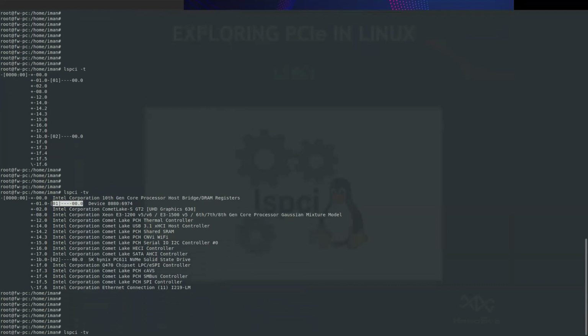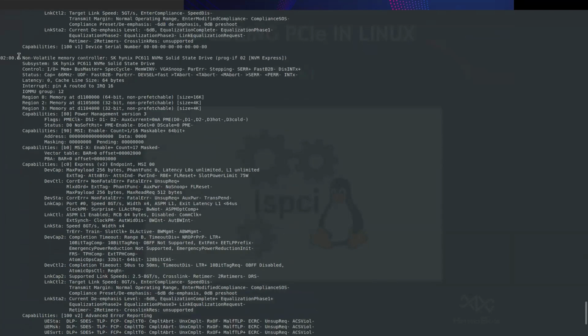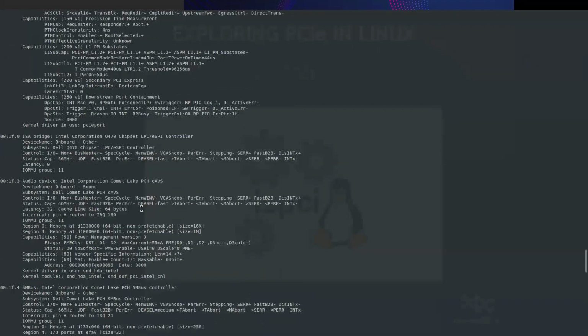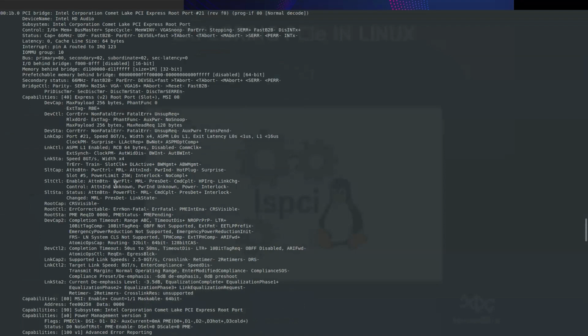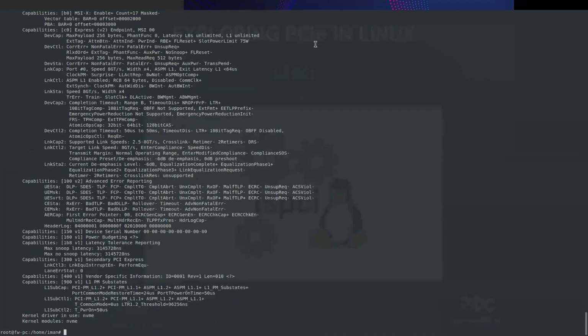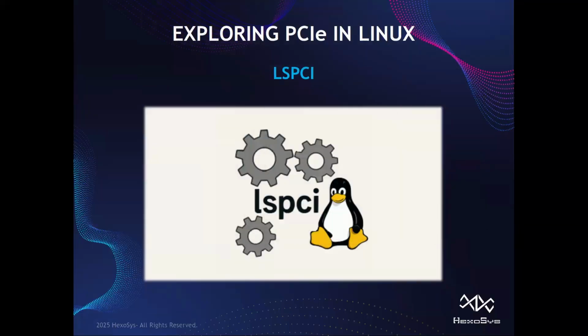And to have more information on each device, lspci provides some other options like -v that gives more information for any device on this topology. I will go through this more information when we reach our example. So to have a better understanding, let's continue our webinar.